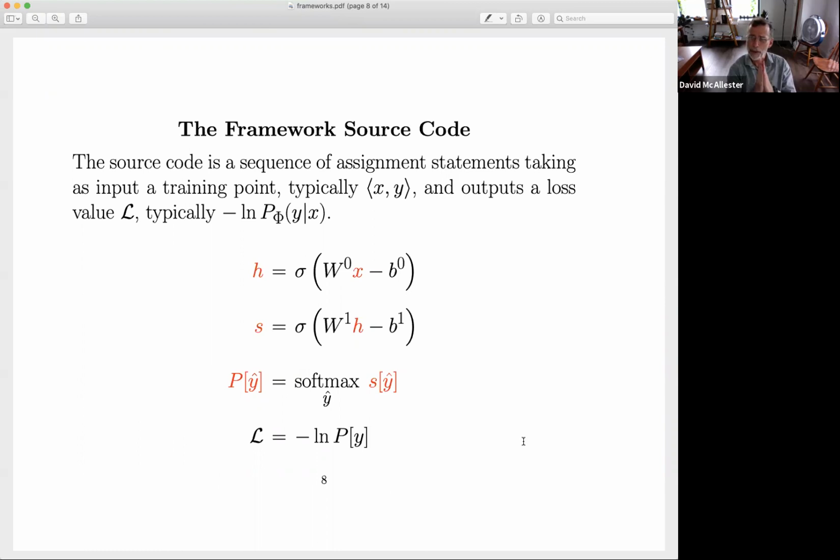Okay, so the framework is a compiler for high-level source code. How do we think of high-level source code? In this class, I'm going to think of it as a sequence of assignments. So the source code is this sequence of assignments. It assigns a value to this hidden layer, and then to the scores. Then it converts the scores to probability, and then there's a loss